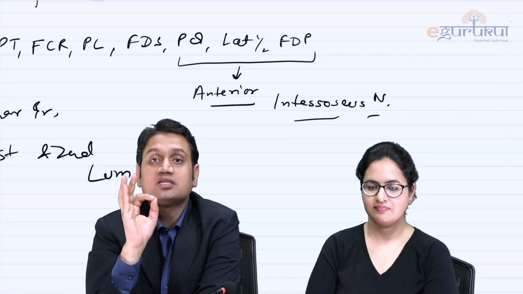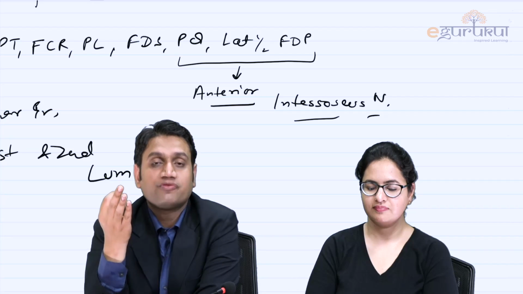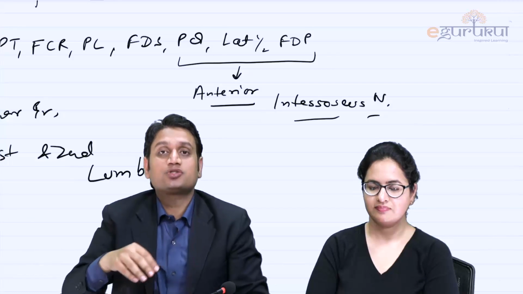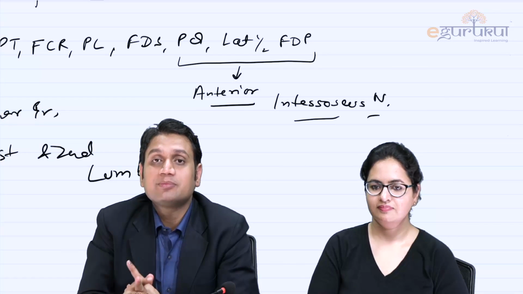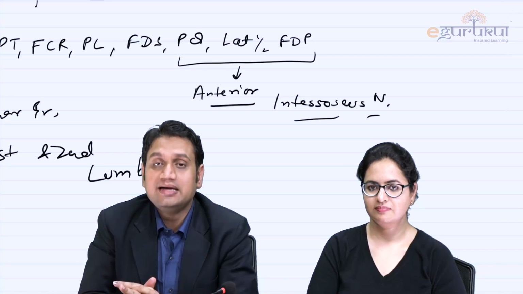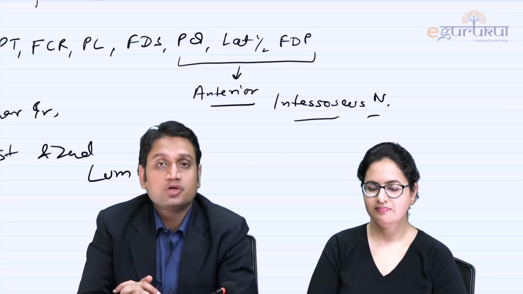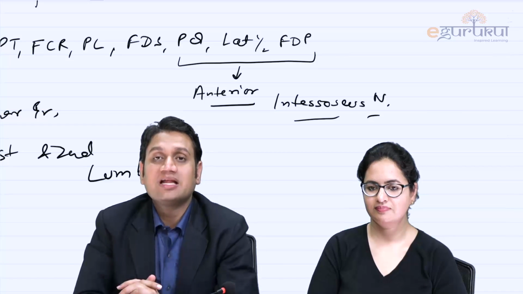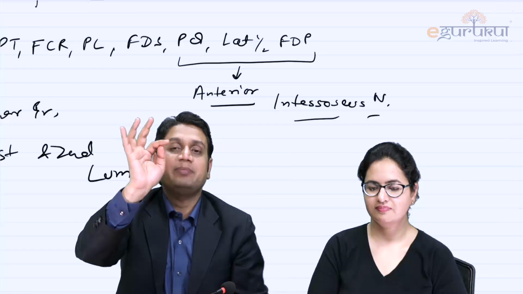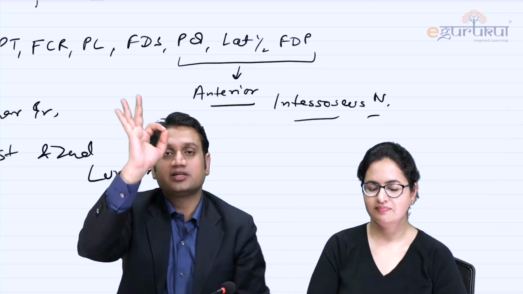This nerve, the anterior interosseous nerve, is most commonly injured in which fracture? Another clinical question to you. The fracture is somewhere over here. That is supracondylar humerus fracture in a child, right? So AMRU is the sequence. When you discuss supracondylar fractures, AMRU is the sequence of nerve involvement: anterior interosseous nerve, followed by median nerve, followed by radial nerve, followed by ulnar nerve. So if you get a patient with a supracondylar fracture, ask the child to do like this. If he can flex the IP of the thumb and the DIP of the index finger, his AIN is okay. So if he can make an OK sign, everything is okay.